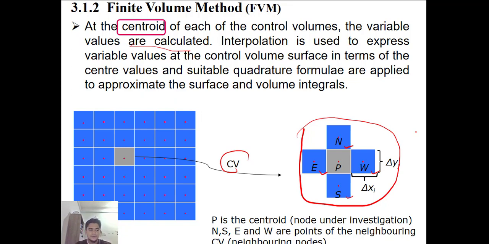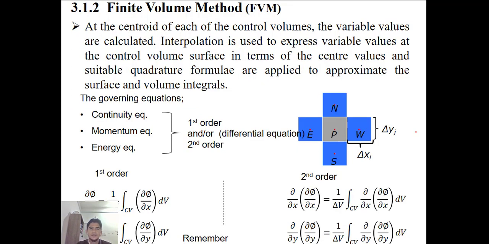Alright, so as I mentioned earlier, from this diagram, this is the discretization of the geometry, with the specific node or cell under investigation and the neighboring nodes. And then in terms of the governing equations, as I mentioned earlier in this video, we have the continuity equation,